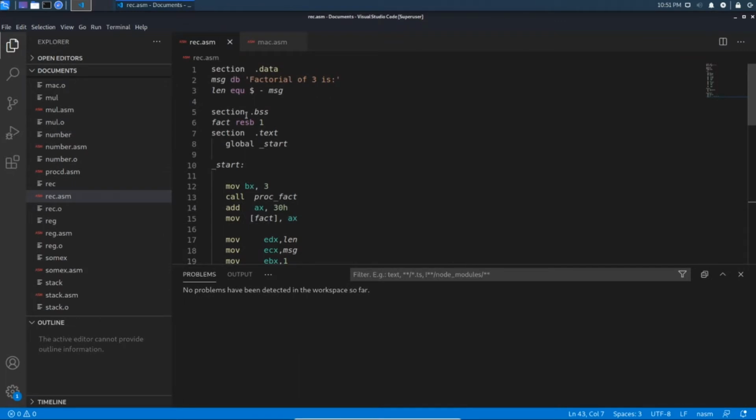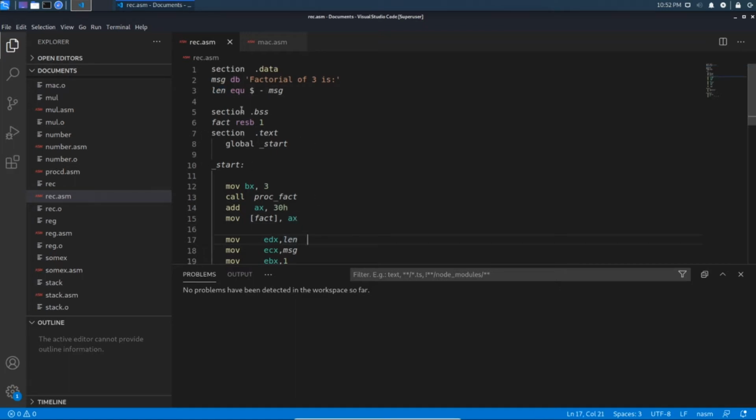Here in the data section we defined the message, and you all know what this is. It will automatically calculate the length of the message for us, and we can use the memory bytes by using this length here.